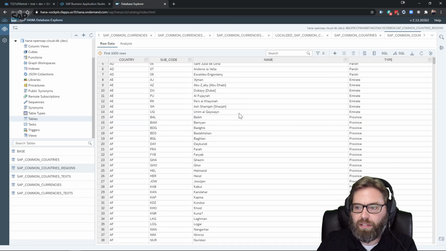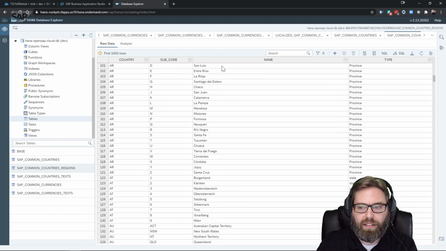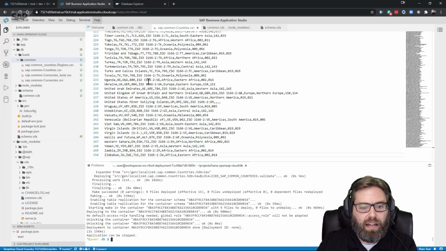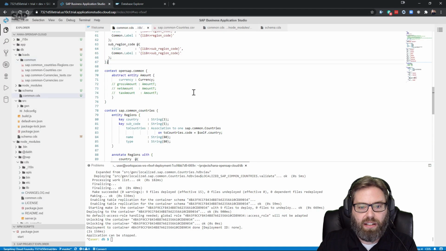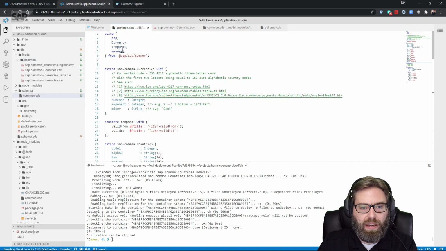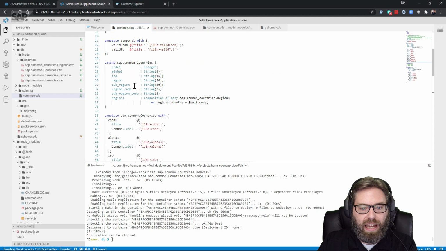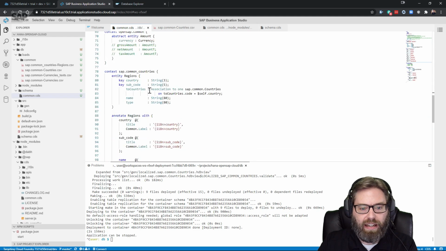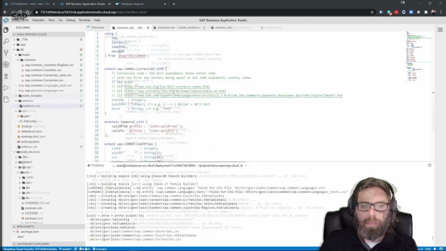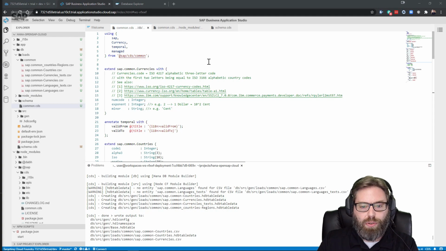Also looking good. All right, so once again, we've seen a variety of different techniques. We're starting with the SAP delivered data model, the reusable common, and extending it and enhancing it in several different ways here. All right, going back to our common,